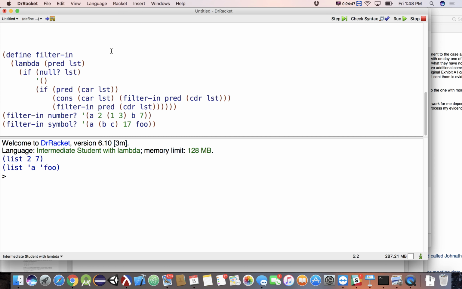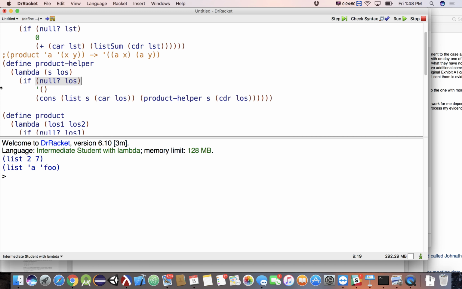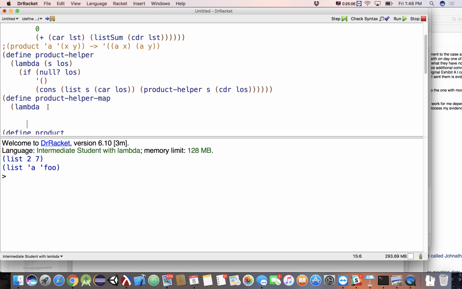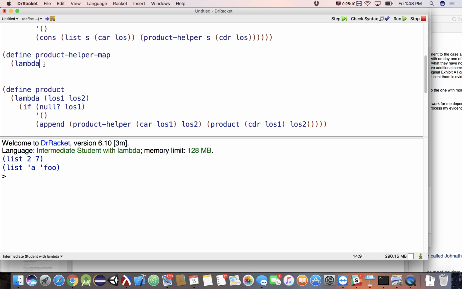So let's go back here and we're going to write product helper. Call this guy product helper map. So product helper map is going to be, let me kick it down a couple lines so you can see stuff here, a lambda that takes in a symbol as well as a list of symbols.